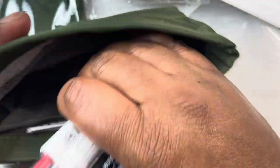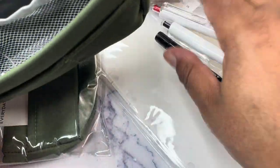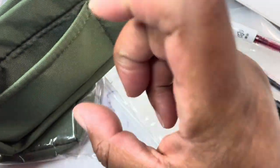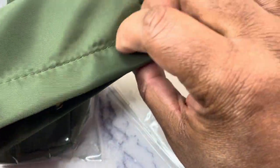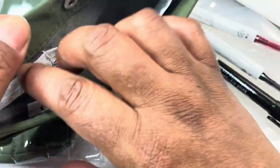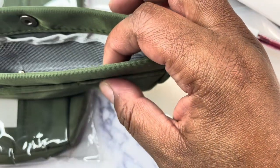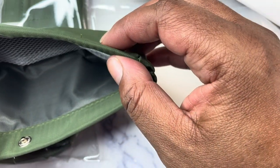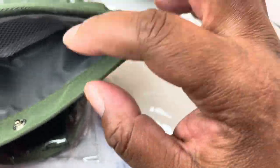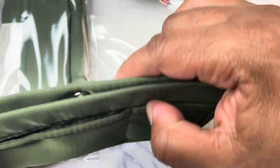Also, I was thinking I could use these. We're going to have to test it out and see. But I was thinking I could also use this for like makeup brushes. I can put a few, if I have these little palettes for like eyeshadow and blush and things that could fit in these outside pockets. And then there's some pockets here on the inside as well. So I'm going to test it out for that. Or even just, I have some smaller personal items like lip balm and eye drops and different things that I could stick in here, and this would make a nice little pouch inside of my travel case. So I picked up 2 of those,